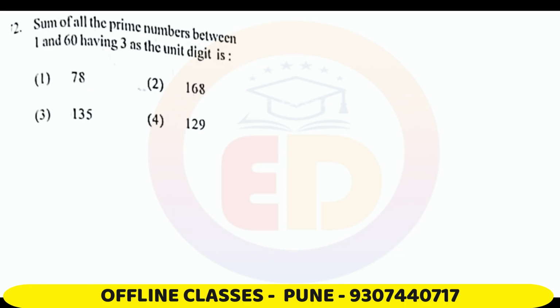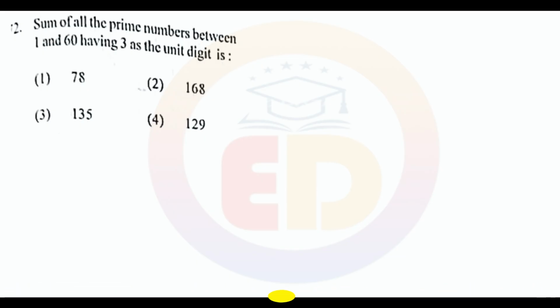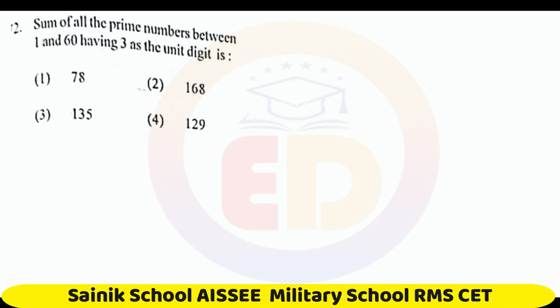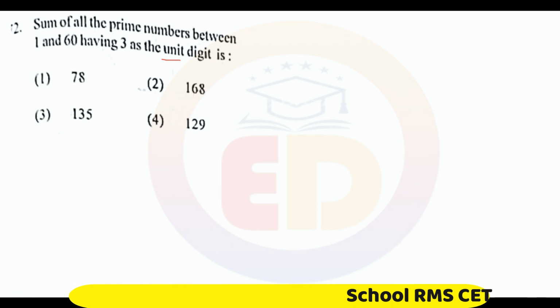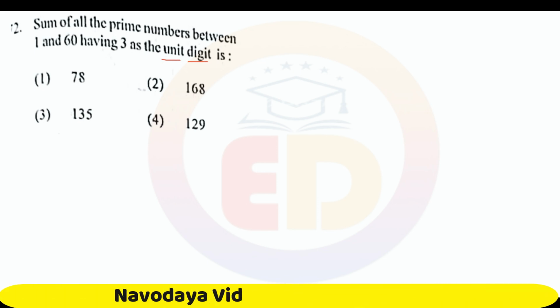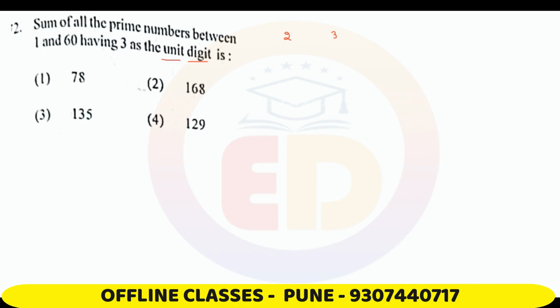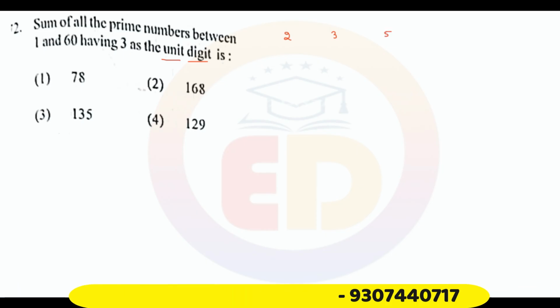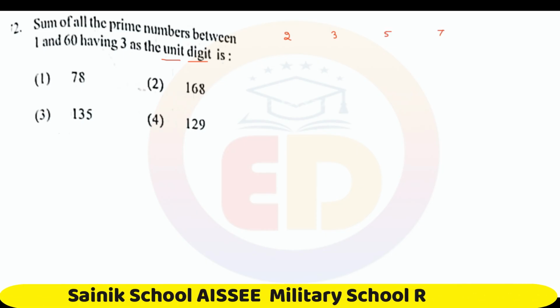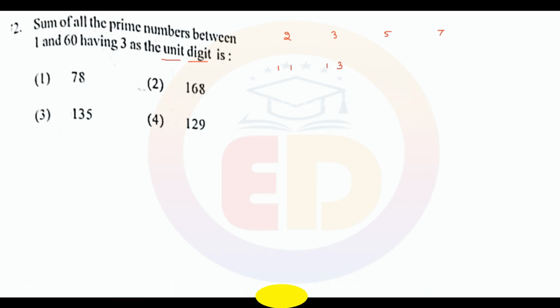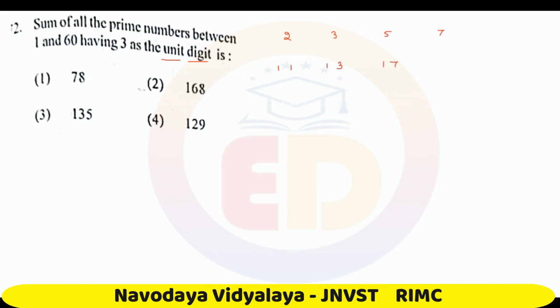Question number 72. Sum of all the prime numbers between 1 and 60 having 3 as the unit digit. So the prime numbers from 1 to 60 are 2, 3, 5, 7, 11, 13, 17, 19,